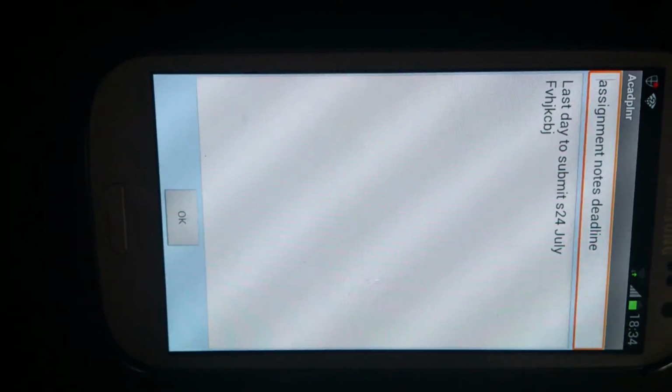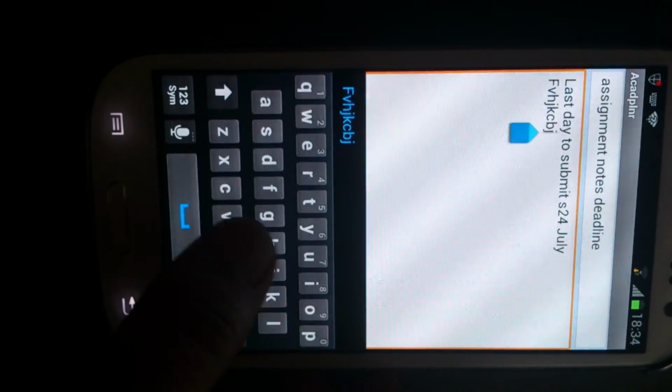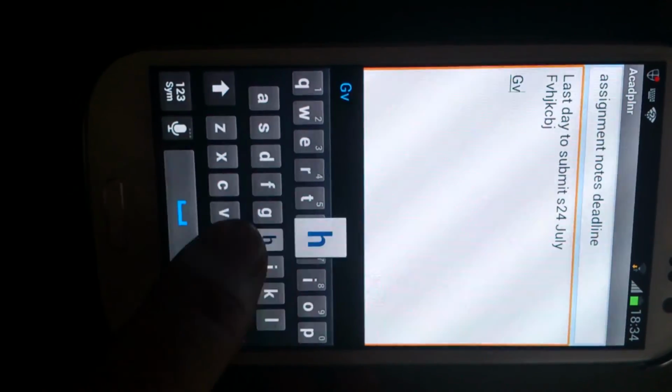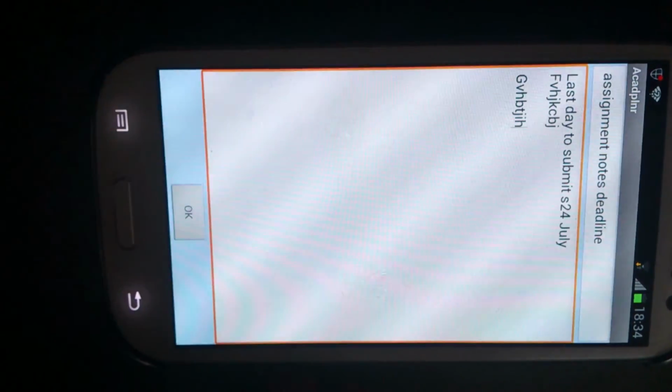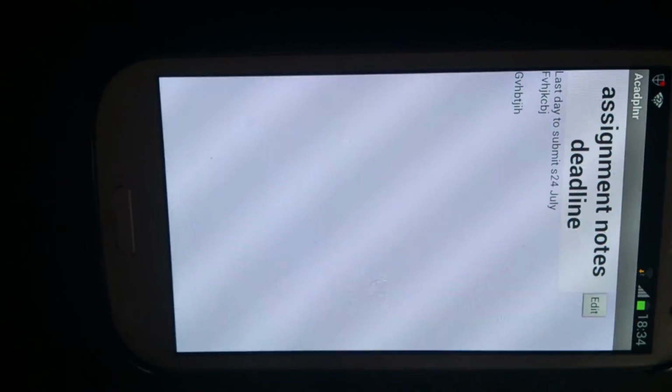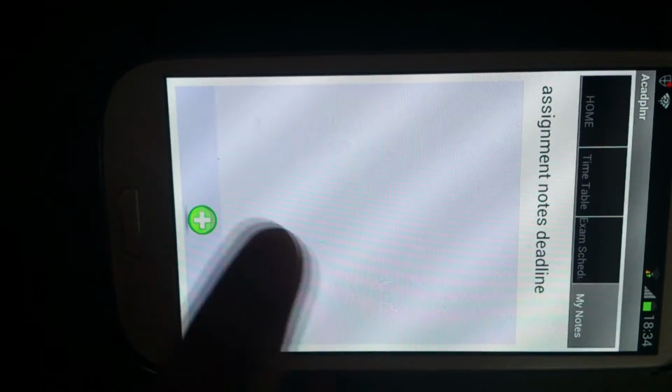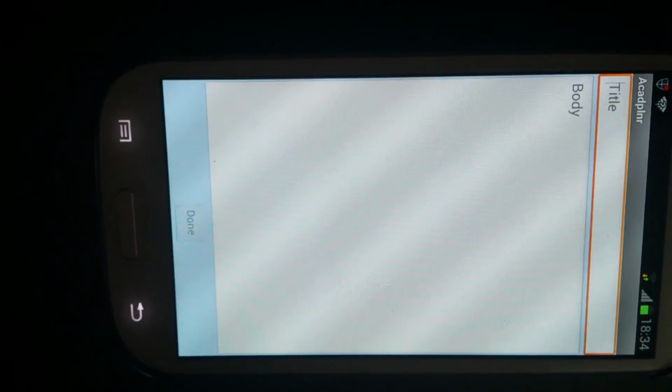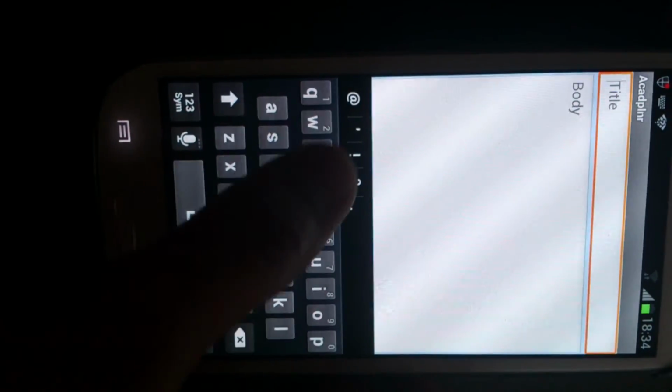If I want to edit this, I simply click on edit. The same page opens again. I can edit it. Let's say I add something. Click on OK. Now you see it has been edited. Suppose I want to add one more note here which says quiz schedule.